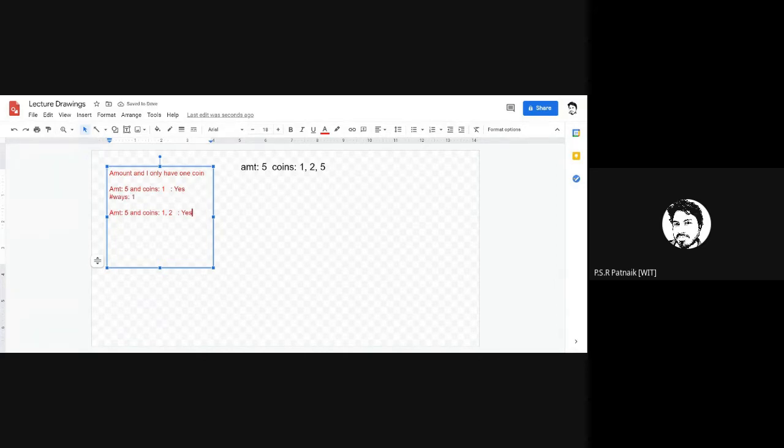But in this case, how do you find the number of ways? Here the number of ways has various possibilities, right? So what are the possibilities?